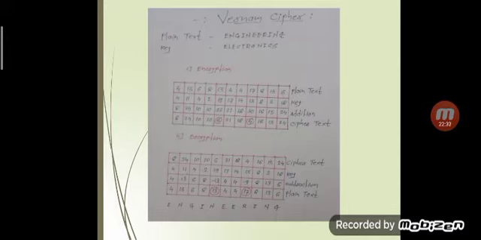Okay, so by using these we can convert our plain text into the cipher text. After this we have to study various types of transposition techniques. Likewise the substitution technique, we have to study the different types of transposition techniques. By using these techniques also we can convert our plain text into the cipher text.